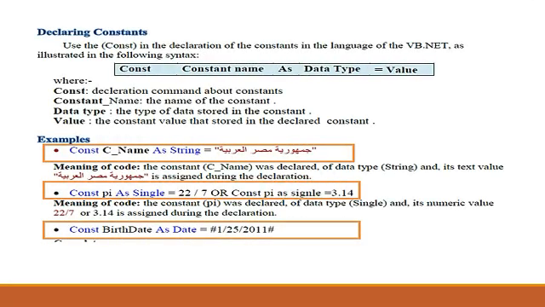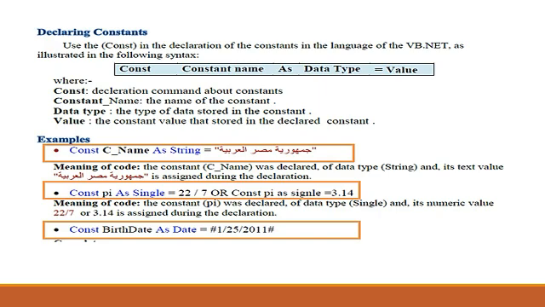Declaring constants. Use the Const keyword in the declaration of constants in the VB.NET language, as illustrated in the following syntax: Const constant_name As data type = value. Const is the declaration command for constants, constant_name is the name of the constant, data type is the type of data stored in the constant, value is the constant value